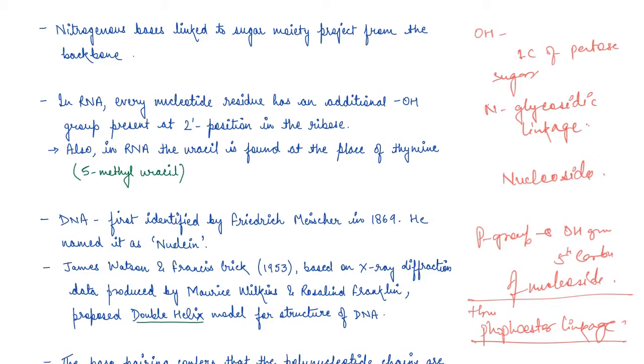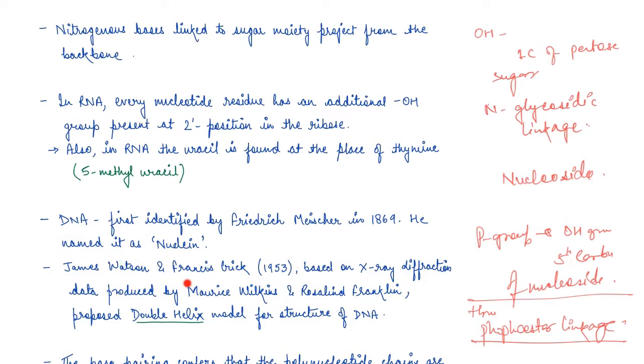So, basically, DNA as an acidic substance was present in the nucleus, and it was first identified by Friedrich Miescher in the year 1869. He named it nuclein. And then later in 1953,